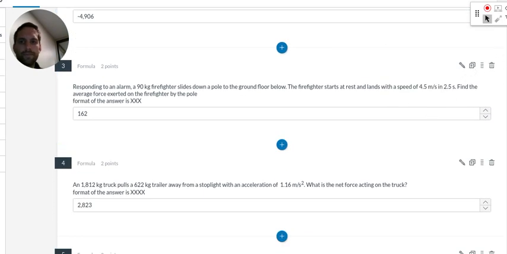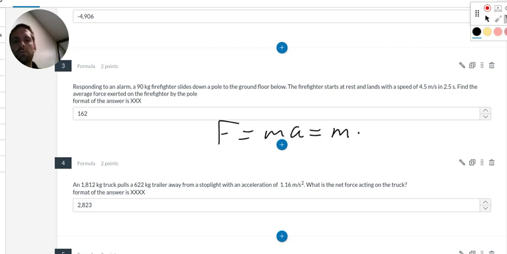So for number 3, there's a 90 kilogram firefighter. It starts at rest and lands with this speed, this time. So the average force is going to be F equals ma, which is m times v final minus v initial over time, which I can plug in all the values and get 90,